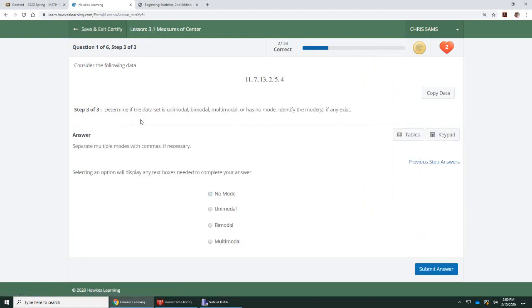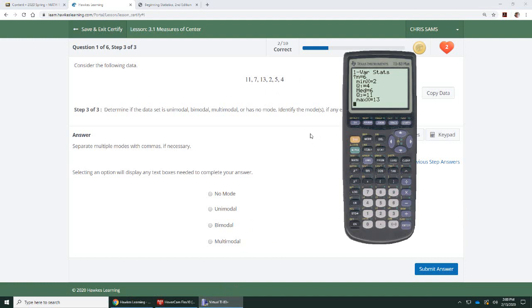And then we want to know what the mode is. Okay, so mode we actually have to find ourselves. So if you want to find the mode, we really need these numbers in order, to see if any of them repeat. So I'm going to show you how to put these numbers in order. If you go back to Stat,